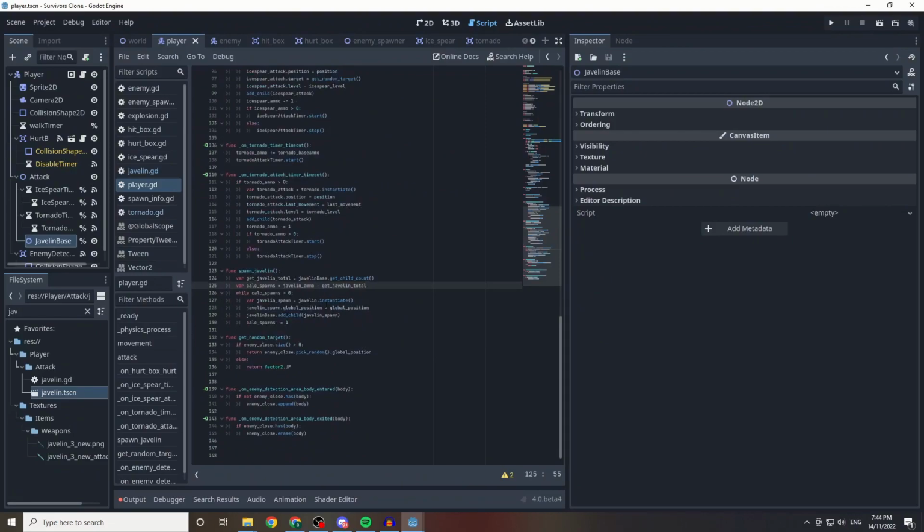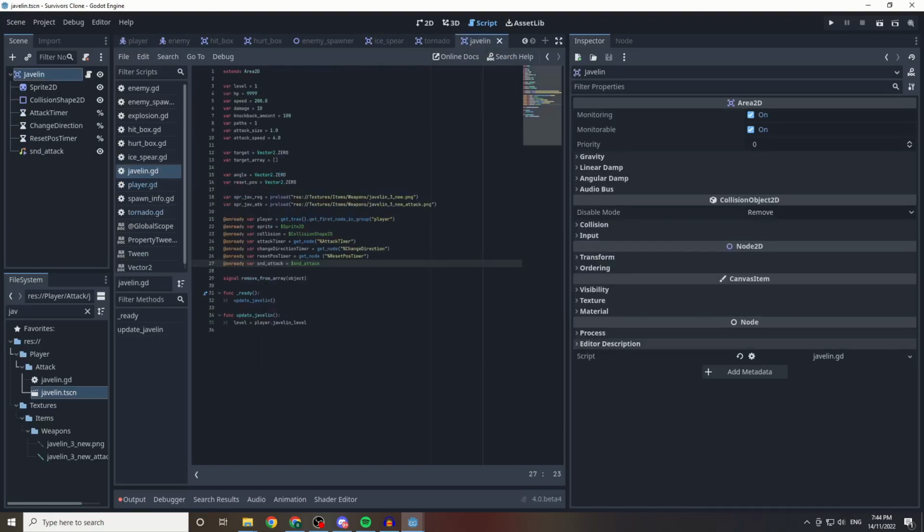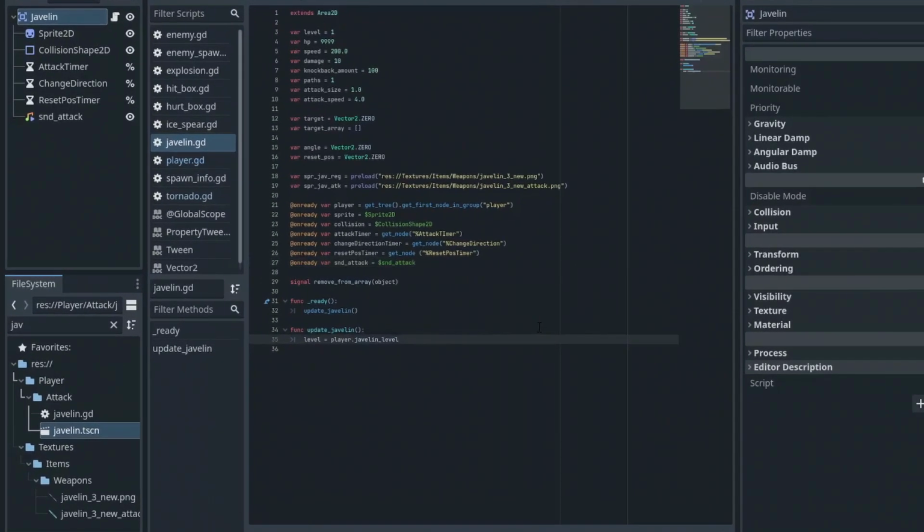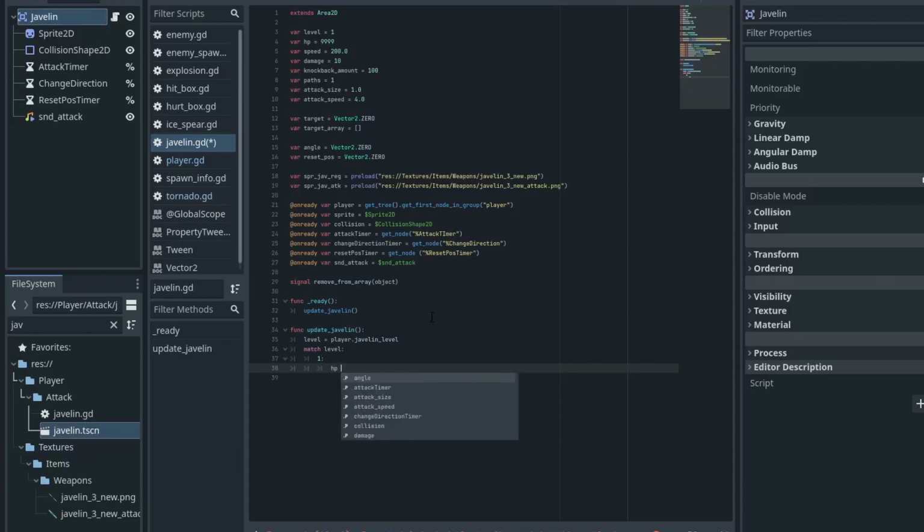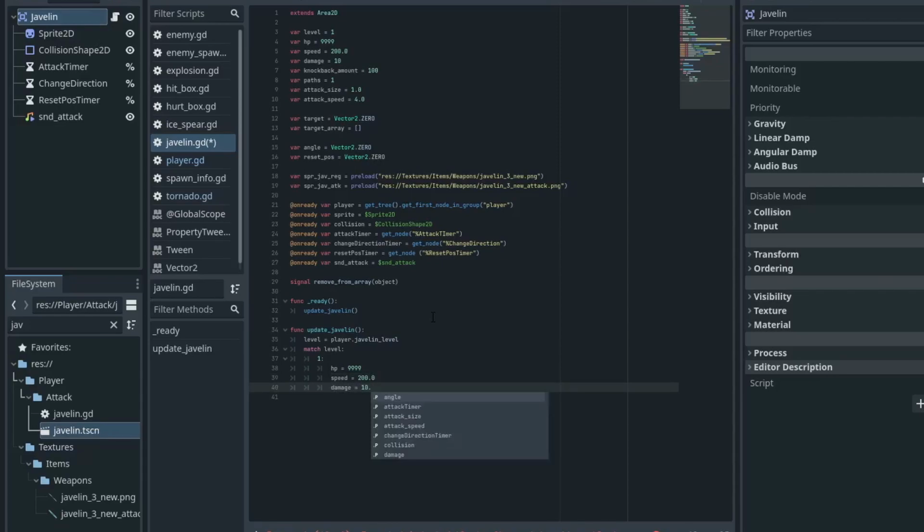So now we are going to be spawning these, but we need to go back into our javelin. So we're just going to find it there, go back into our javelin, and now we're going to be adding all the code that we need. So first of all, we're just going to match our level. So match level 1, and we're just going to effectively be doing the same thing here. So HP equals 9999, speed equals 200, damage equals 10,